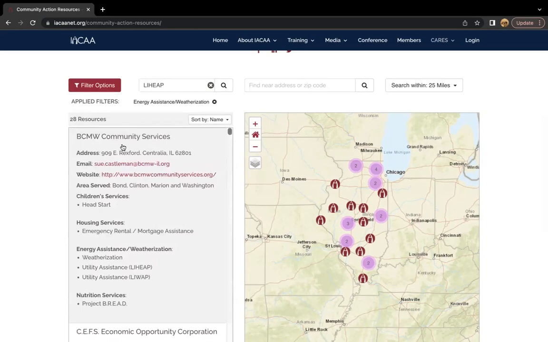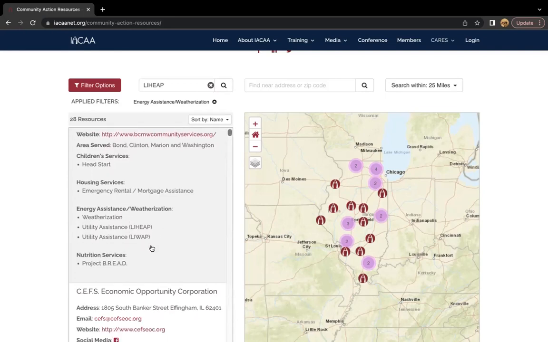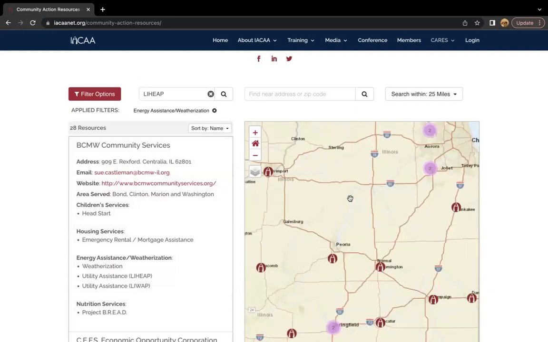So if there are some partner organizations that are within BCMW's service area, we could list those organizations indiscriminately underneath BCMW, or we have the option to add new points to the map and have separate listings. And what we would do on our end is just make the little logos something different, like a star with a different color. Oh yeah, that would be great.